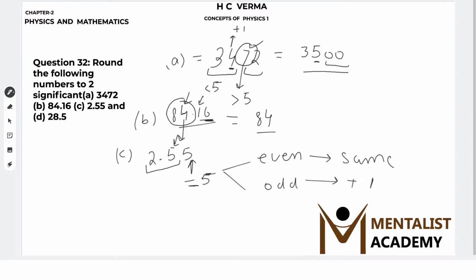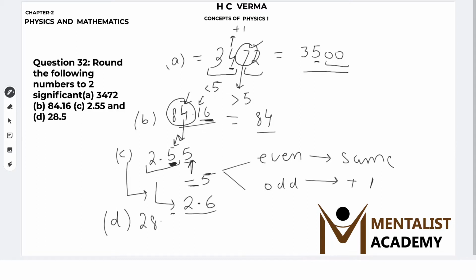So as the previous digit is odd and the next digit is 5, we will increase the previous digit, this 5, by 1. So it will become 2.6 and we will remove this 5 to keep these two significant digits. So the result of C part would come out to be 2.6, and in the D part it is